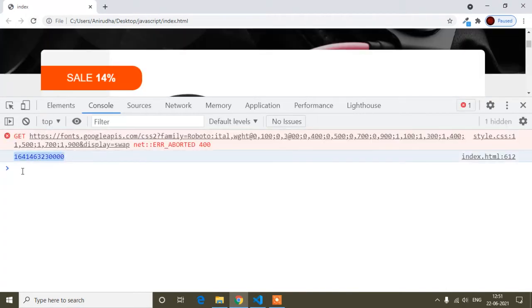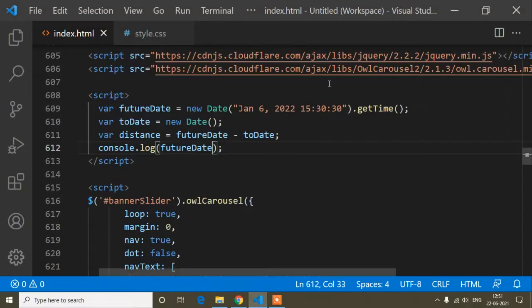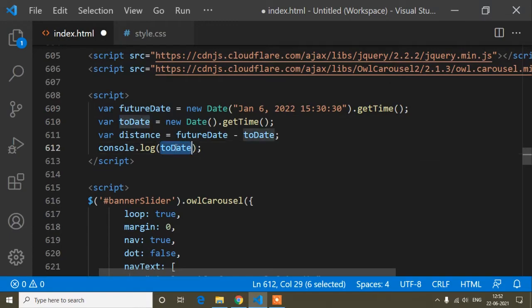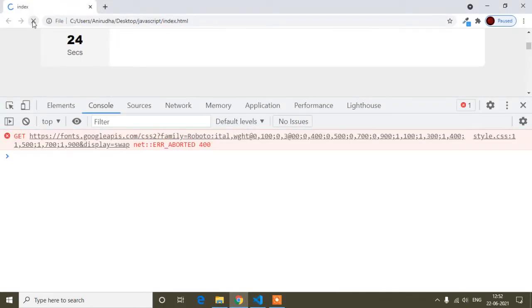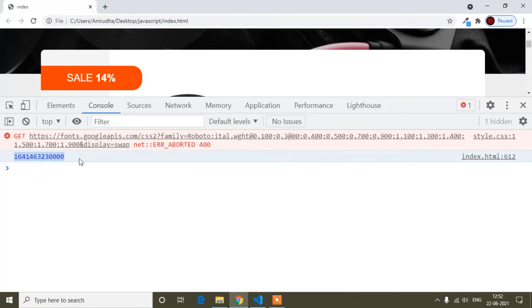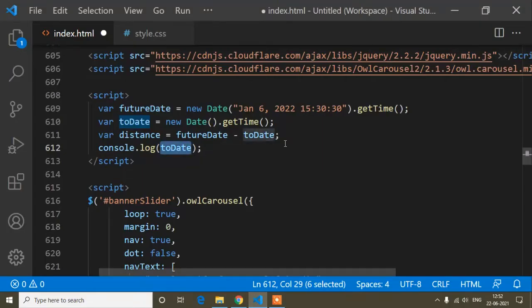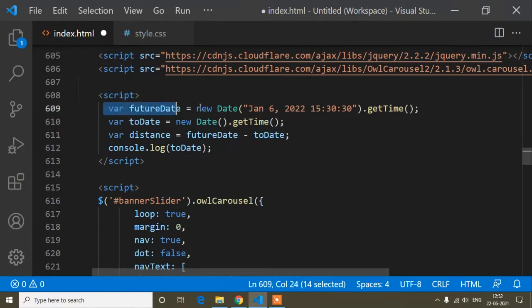You can see, I'm getting a number for the future date, and the same thing if I write for today's date, I mean this one here. If I paste this today's date here and refresh, you can see today's date I am also getting as a number, I mean milliseconds. So now both values, future date and today's date, I'm getting in milliseconds.